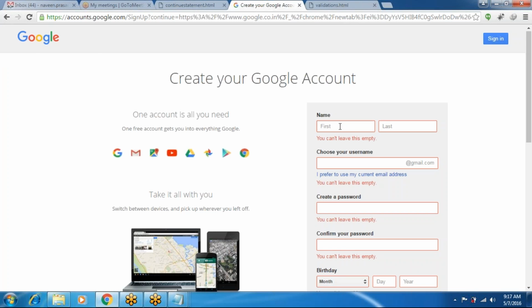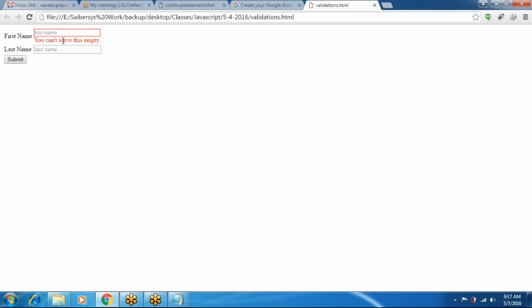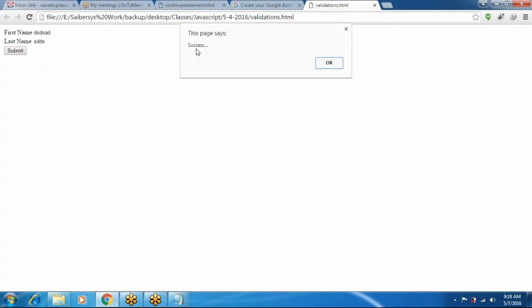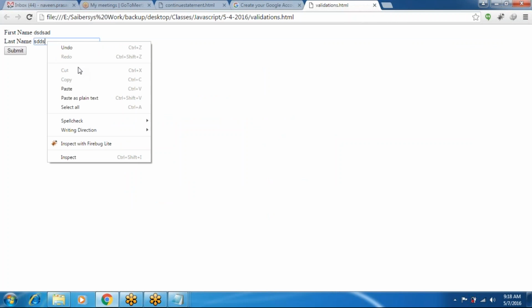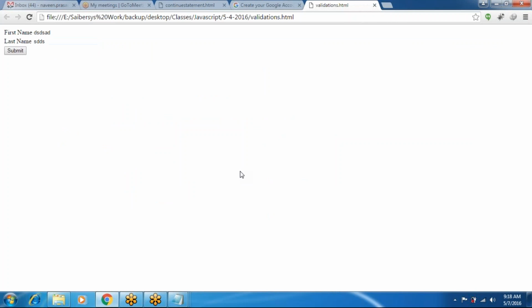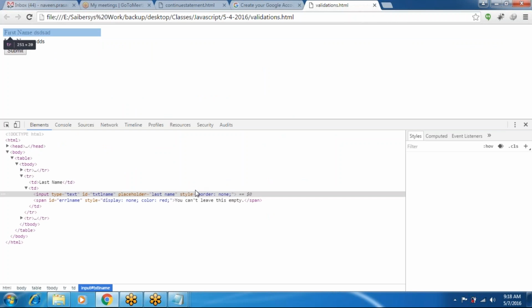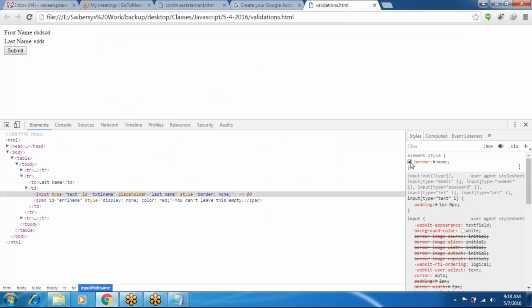So the text box border color and error message. So like this, after you enter any text in first name, submit. Okay, submit, and the last name message is also displayed here. Okay, success. So here you have to mention the border. Border is none.